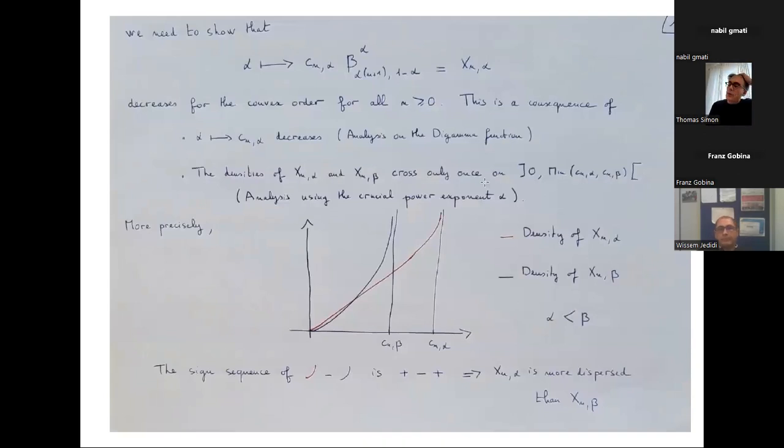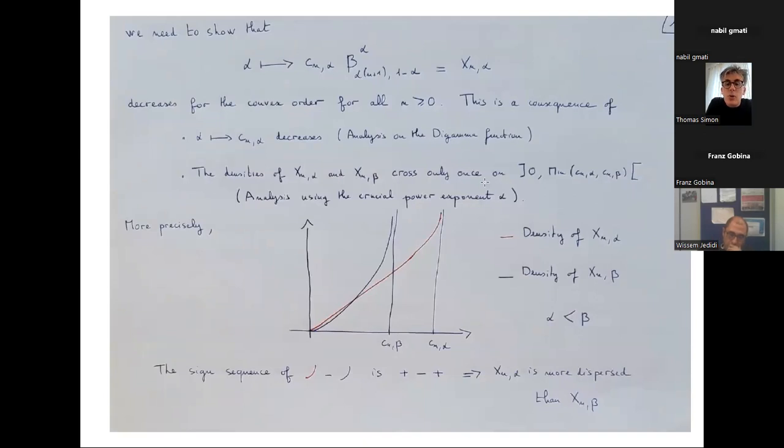And then you have to work on each factor and use a crossing property between densities of the factor. So you have to prove a certain decreasing property for the convex order. And if you work on each factor, then you basically compare two curves.